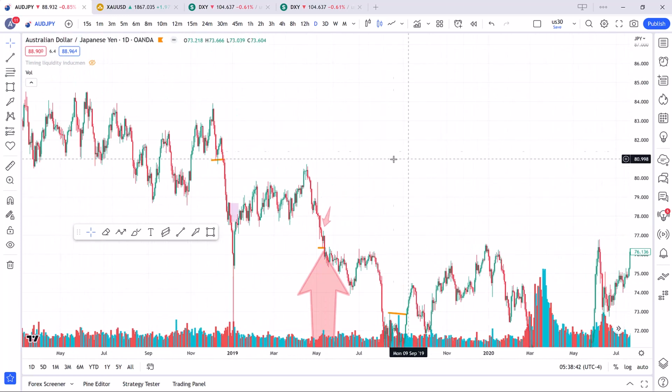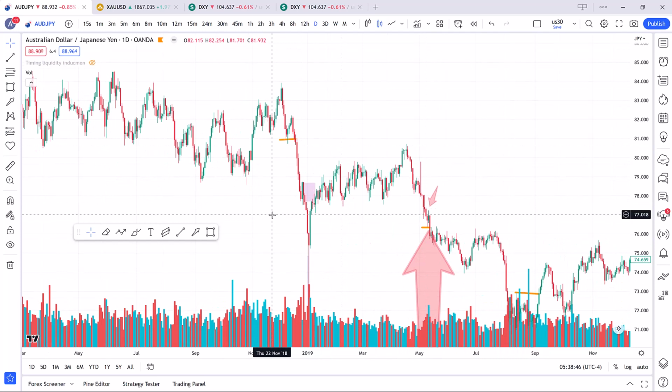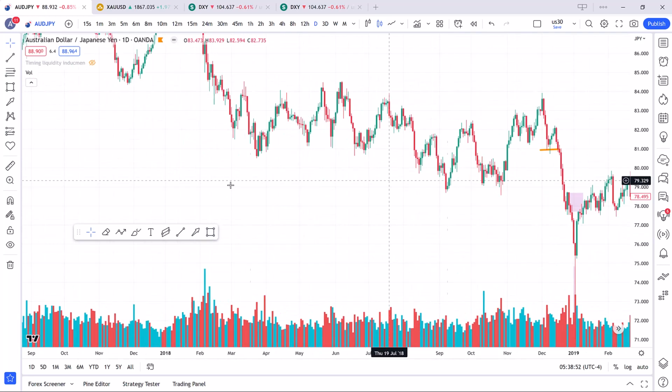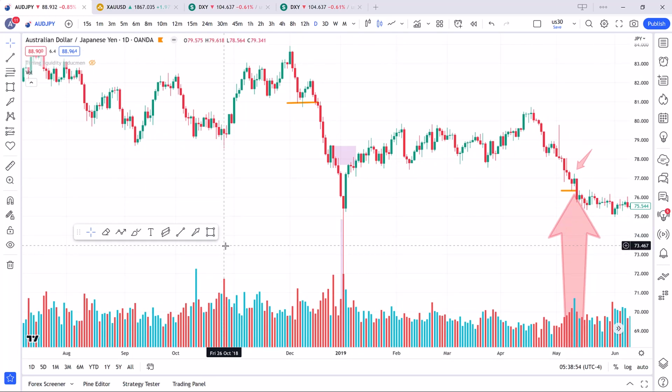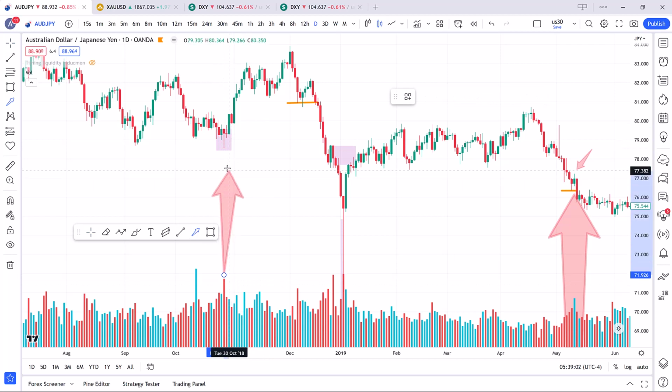So when we have a very high volume on a candle, we can say that it is high activity. We wait until confirmation, and after that we can buy or sell the market in lower time frames. For example, you can see that here we have another absorption. This candle has a lot of volume, and what happened? It came up and broke this structure.